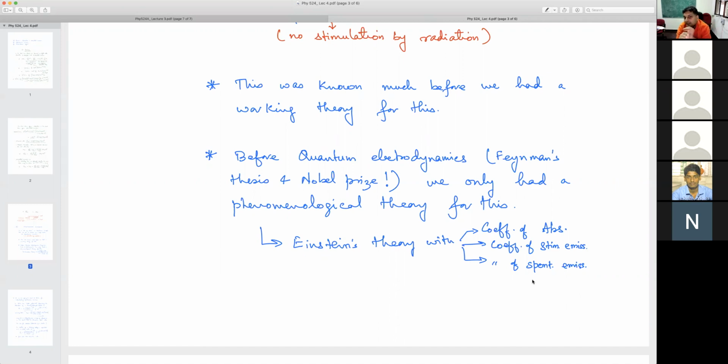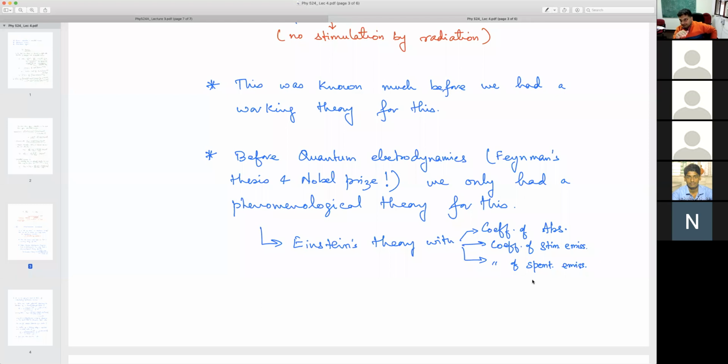Okay, but even when we did not have that theory, we had a phenomenological theory, which is Einstein's theory, etc. And the phenomenological theory was sufficient to explain a lot of experiments, right? Of course, we could not calculate these coefficients of absorption and stimulated emission from first principles, but I could use them as fitting parameters, which I get out of experiments. And once I have got them for, let's say, potassium atoms or rubidium atoms, then I can use Einstein's phenomenological theory to even make more predictions, understand what will happen if I do this, and so on.